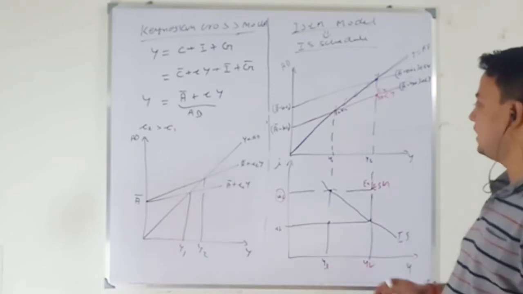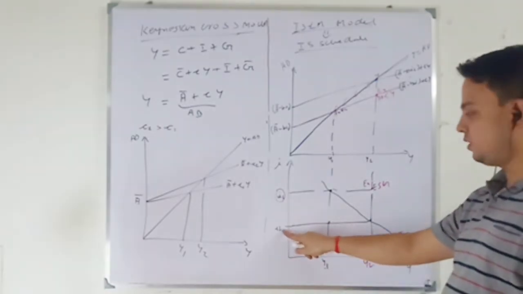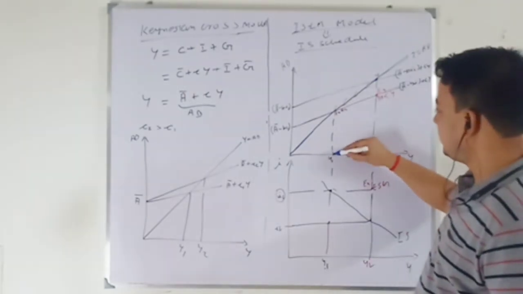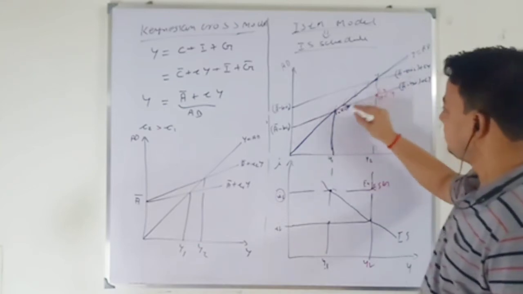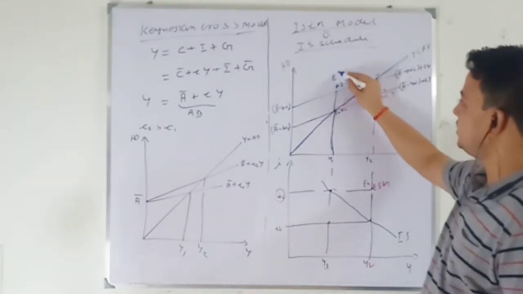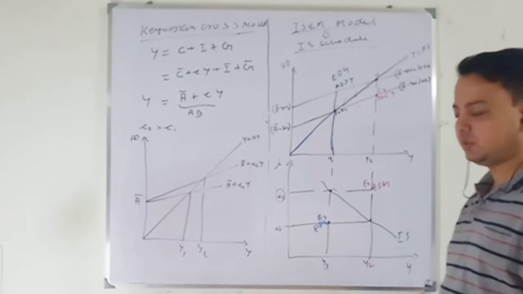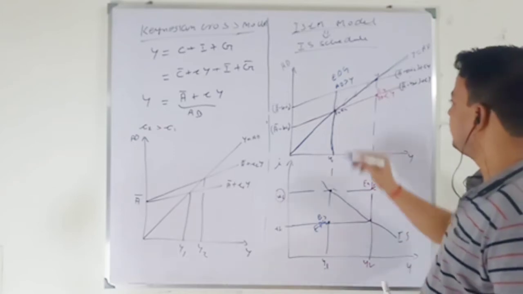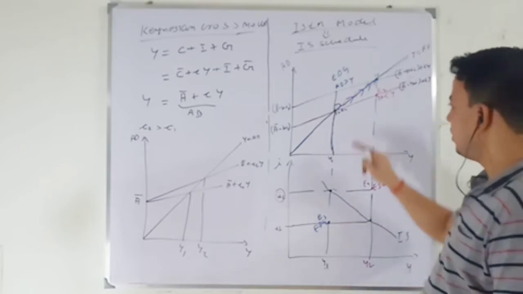Second thing I say, suppose my interest rate is I2. Is it possible to have this level of income? Let's look at that possibility. So this is my income level, on the 45 degree line, remember, but my aggregate demand is here. So aggregate demand is more than output, so I have excess demand for goods. At this point, E3, I have excess demand for goods. So what will happen? In the subsequent period, firms will increase production, this curve will go here, and I will reach an income level of Y2. You have to draw this graph correctly.